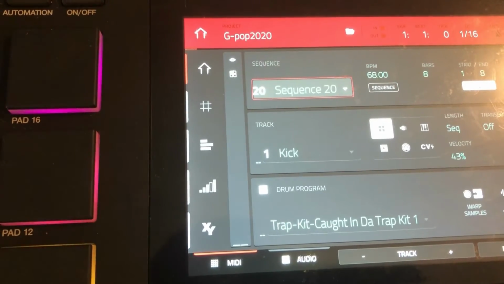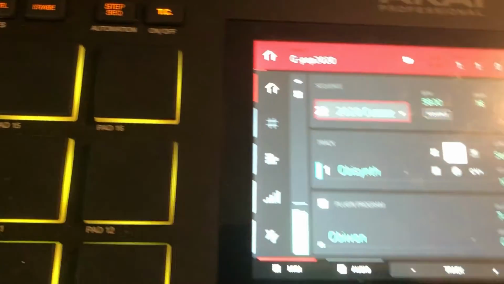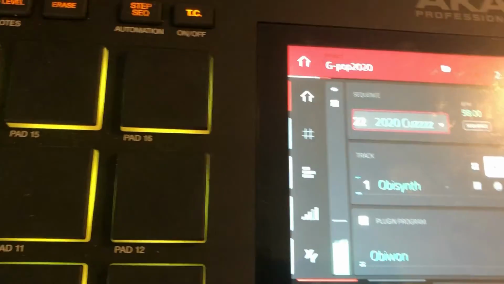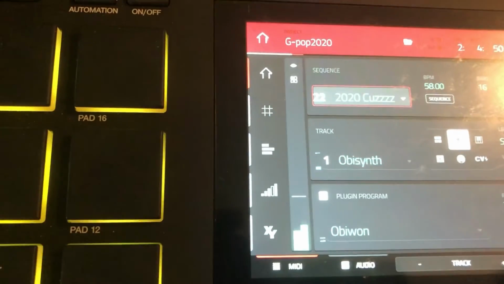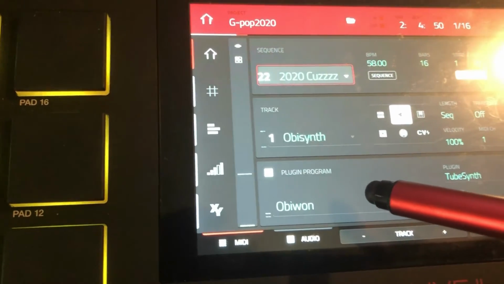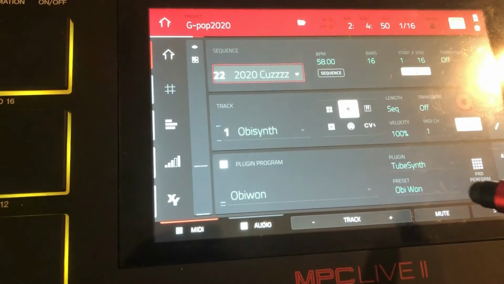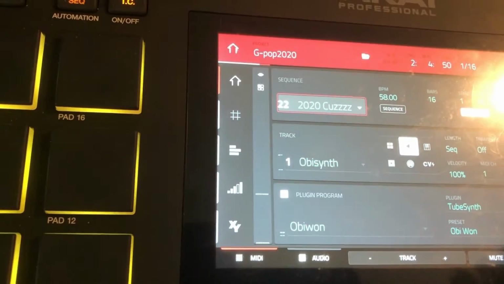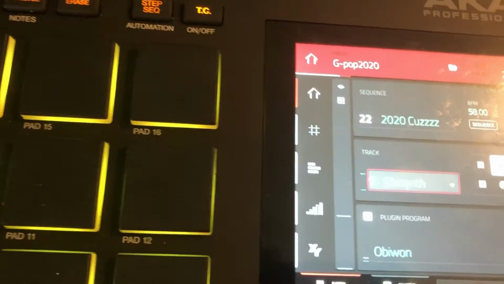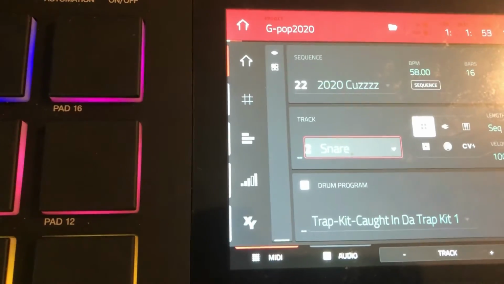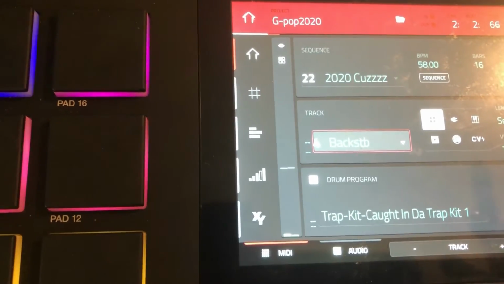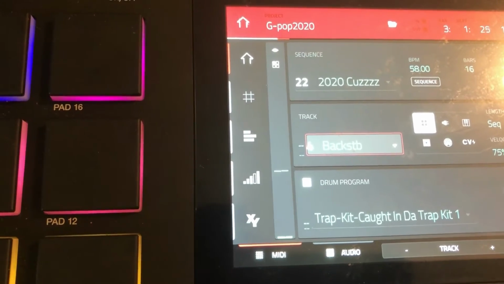We're going to look at this sequence here, 2020 Cuz. The name of my sequence is 2020 Cuz. My track we're on is the Obi Synth, and the program we are using is the Obi-Wan Pro plugin program. If I look at my next track, it'll have my next instrument. Let's just solo these tracks. I have a snare, a hat, and if you notice, between these 2, 3, and 4, they have the same